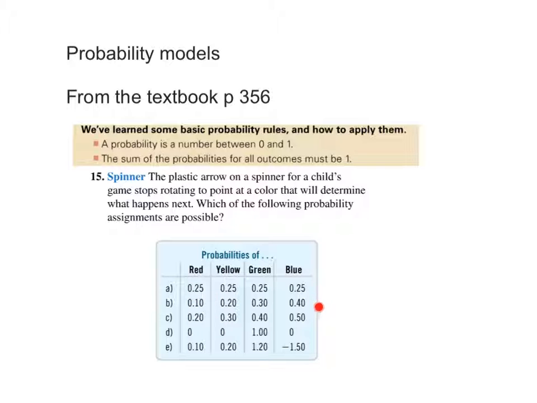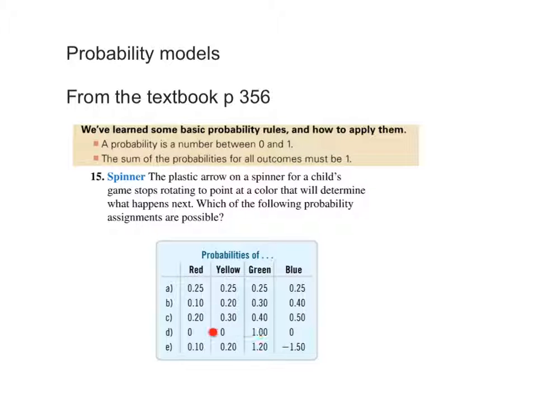So again, that is a legitimate probability assignment. Now if we look at this next one, they're all between 0 and 1 first off, so that's good. But if we add these up, we'll get more. We get 50 here and 50 there. We're already at 1, so this is not a legitimate probability assignment because the sum of them is greater than